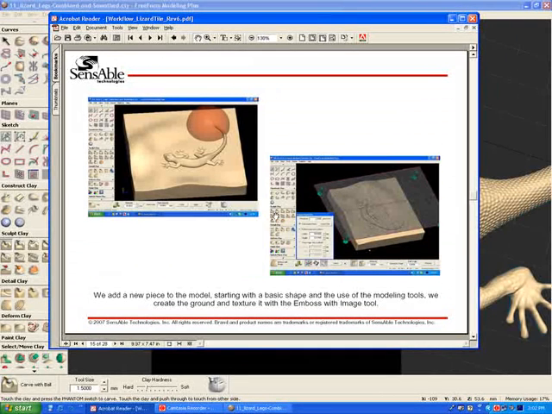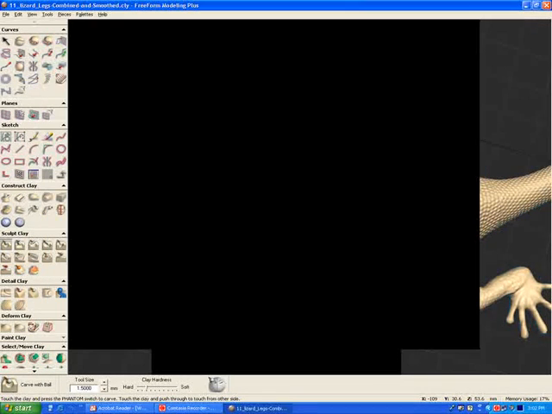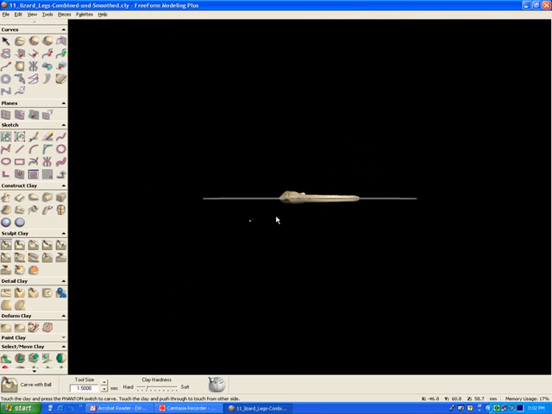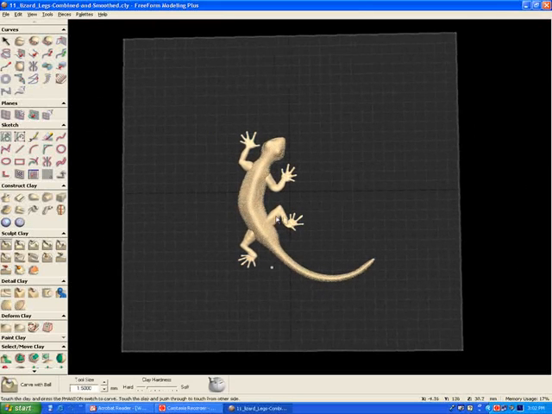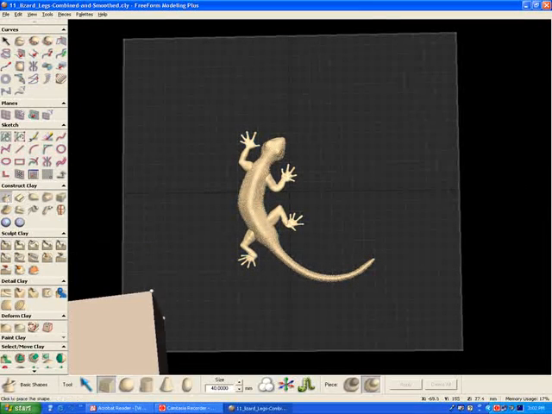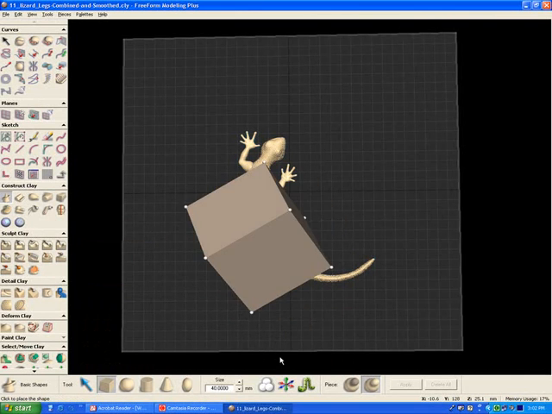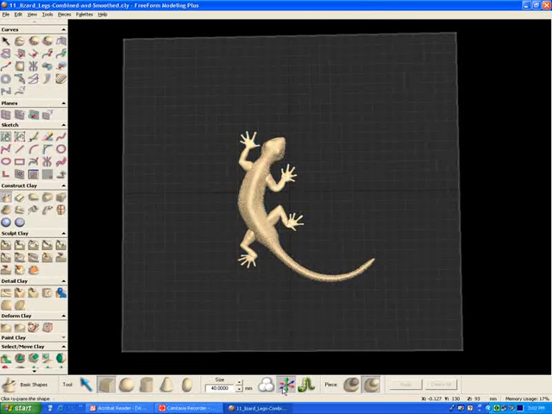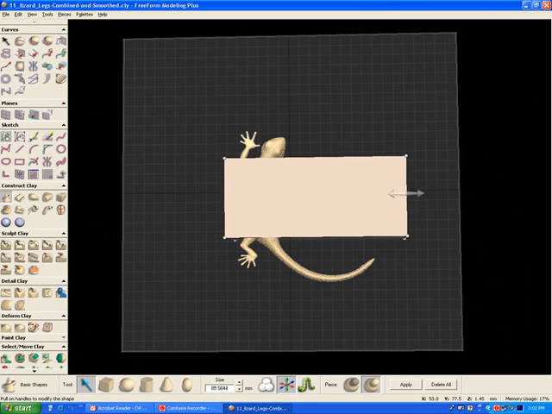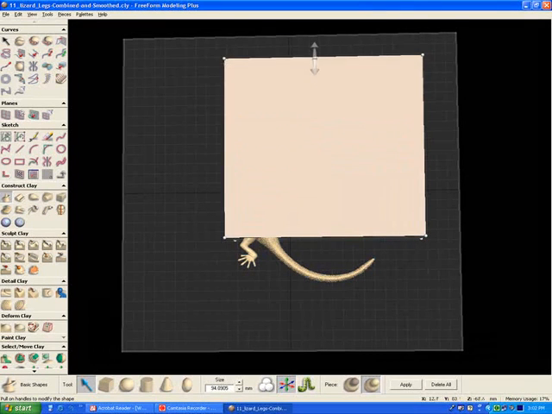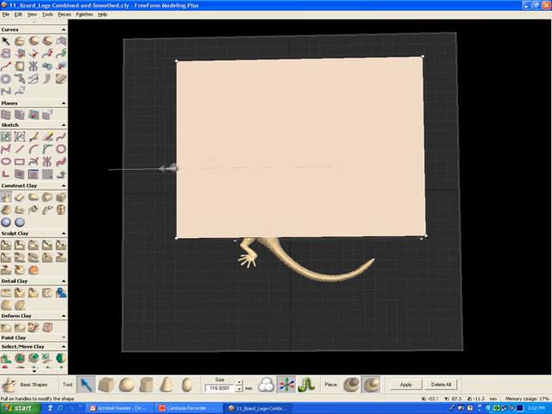The part that I'm going to do now is create a new piece for the ground, shape it, and add some more structure to it using again another tool that's available in FreeForm Modeling Plus to alter the shape by using image data. So I'm going back to the basic shapes, a tube, which I can now position anywhere in space. I'd like to lock down the moving now and just place it here, give it a certain size, something like that,